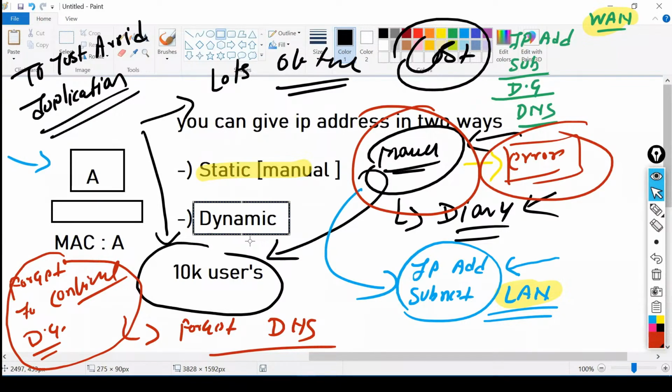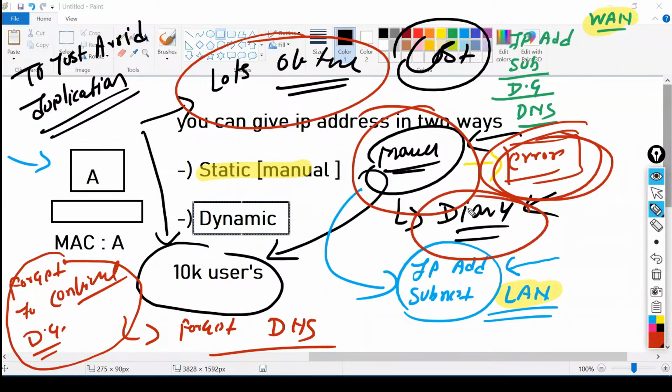The biggest issue with static is that it is time consuming. Third issue is that we have errors. We need to maintain the diary, right? And the cost always.